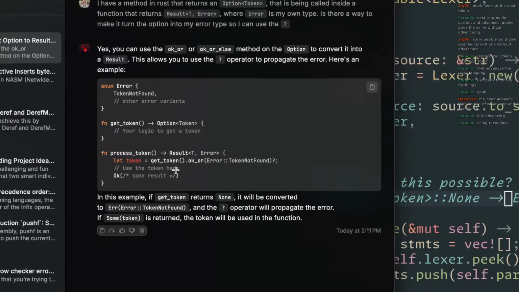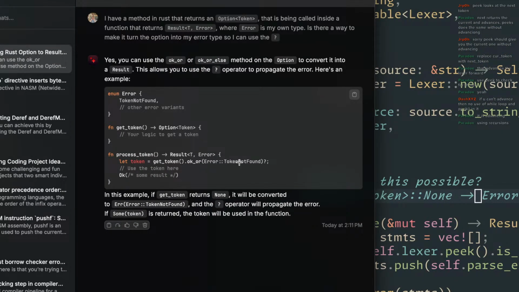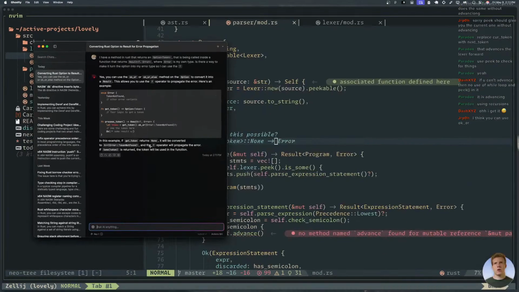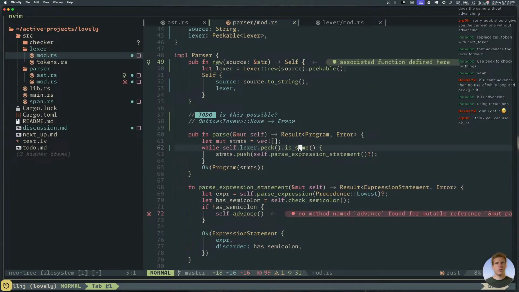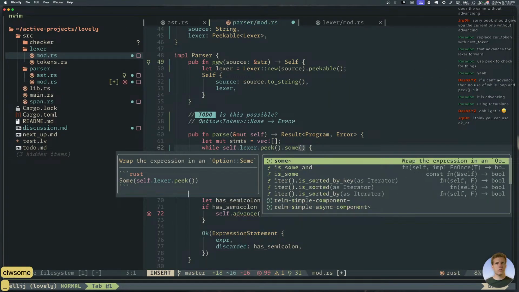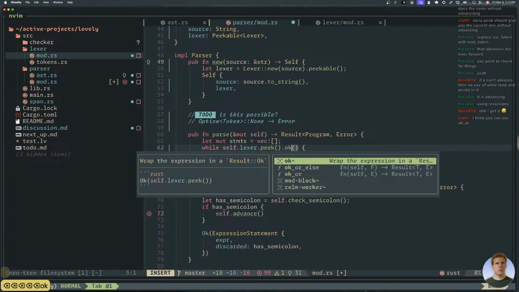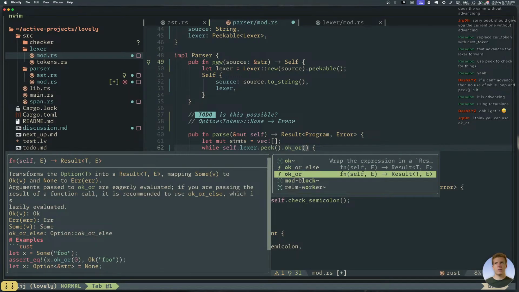Okay, or, oh yeah, that's almost right. Except wouldn't it be some or? Oh, it is ok_or. Oh, cool. Well, that's not quite what I want actually.